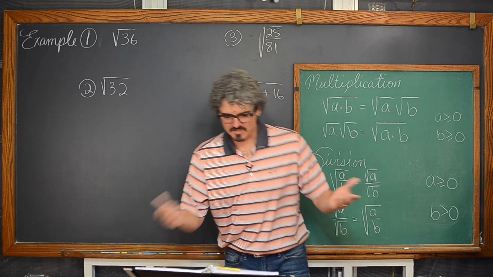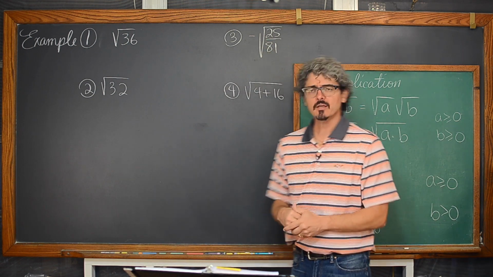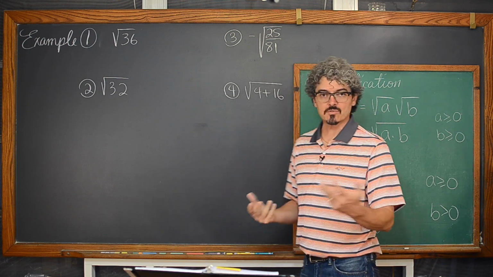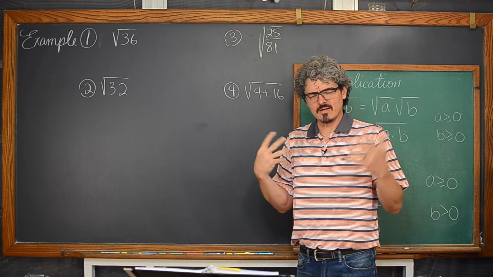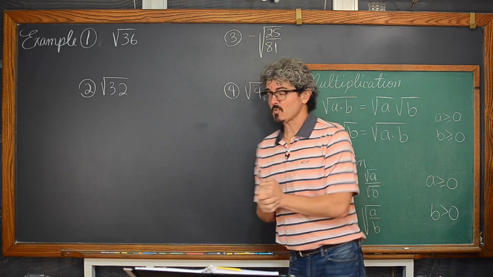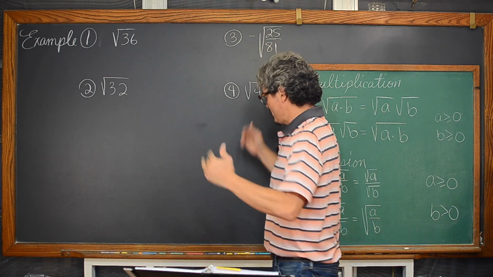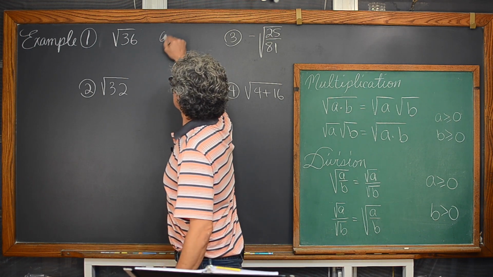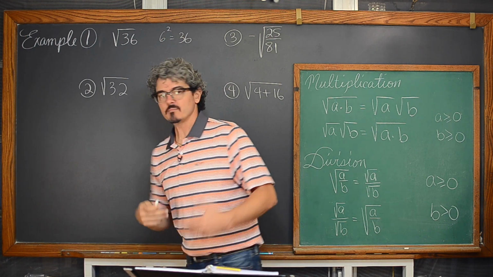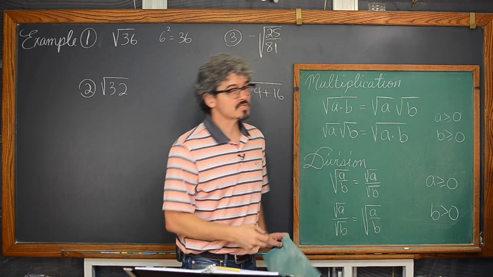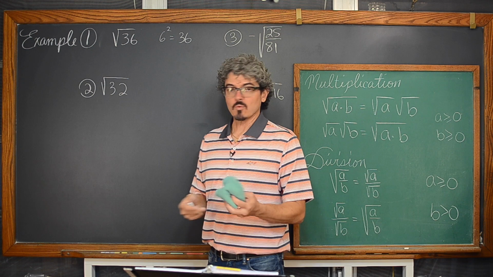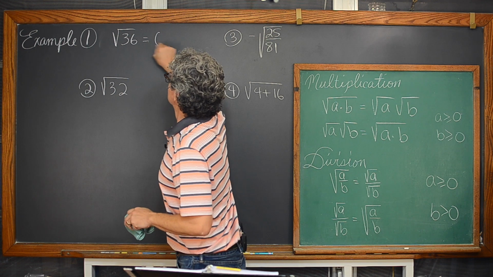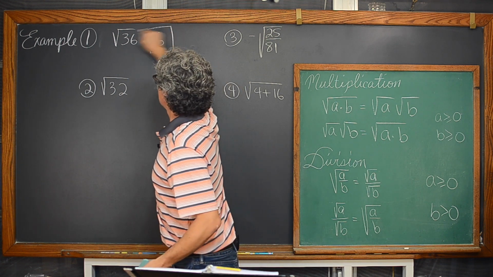So example 1, and actually through 8, we are going to be evaluating these expressions, because evaluate means we're going to be coming up with a numerical value or answer, as opposed to simplifying when we come down to a simplified algebraic expression. So example 1, we have the square root of 36. Well, if we know that 6 squared is equal to 36, then by the definition that I gave at the beginning of this lesson, the square root of 36 is equal to 6. And for example 1, that's it, we're done.